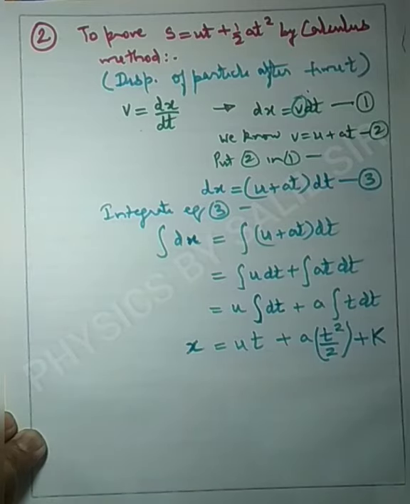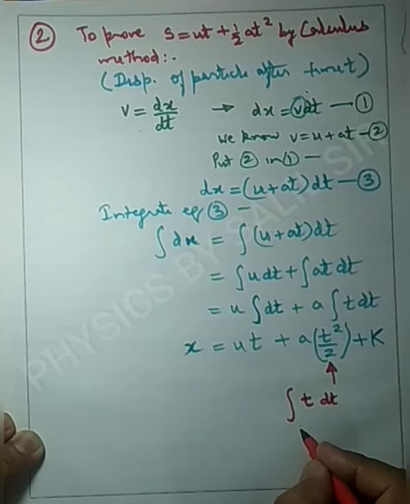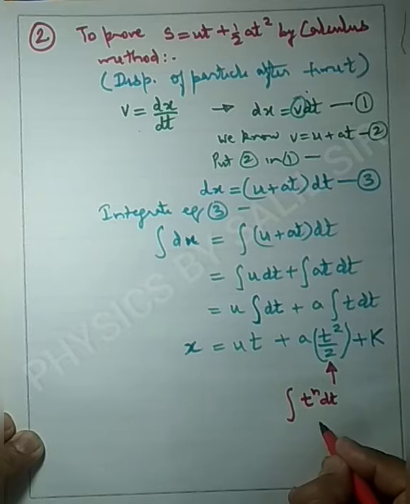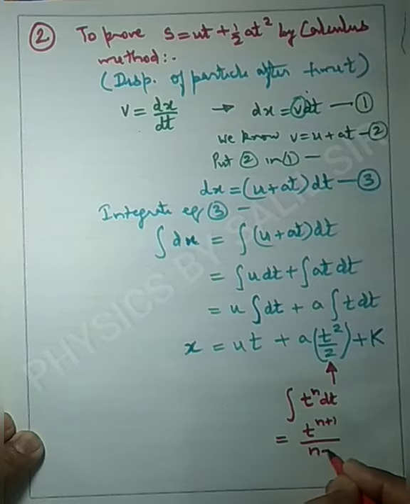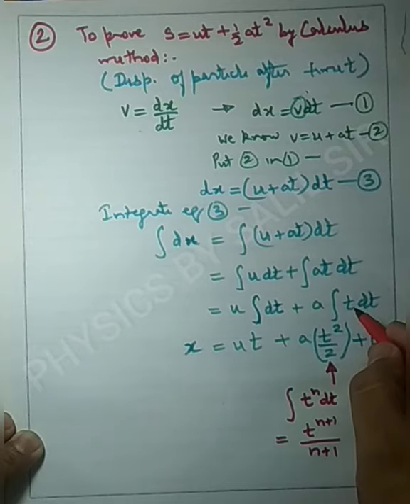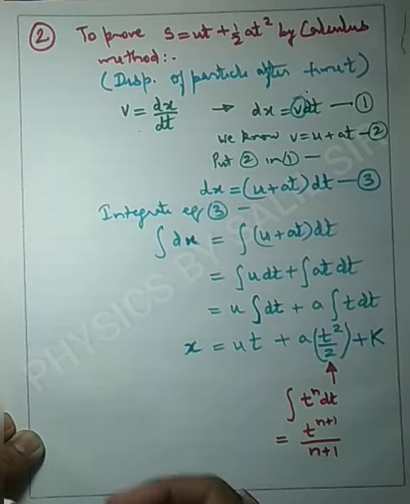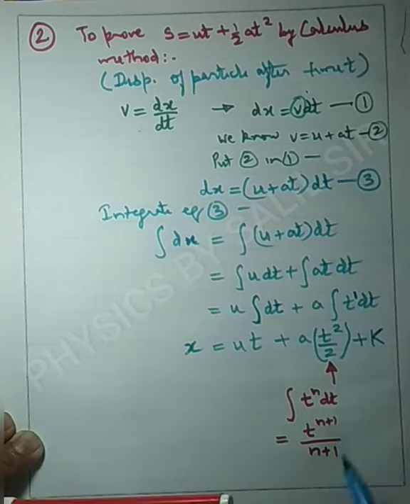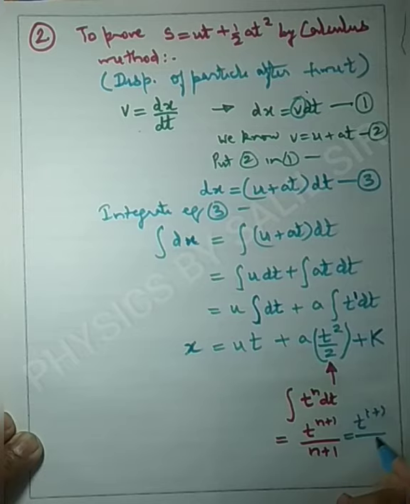Now we will discuss from where this t square by 2 came. According to the rule of integration given here, t to power n, we are taking for your explanation, will be t to power n plus 1 upon n plus 1, where n is the power of t. So here the t has a single power, means there is no written power of t, so we can imagine it as power 1. So t to power 1, in place of n, we will write 1. So it is t to power 1 plus 1 upon 1 plus 1. That's why it became t square upon 2. Hope you have understood this.